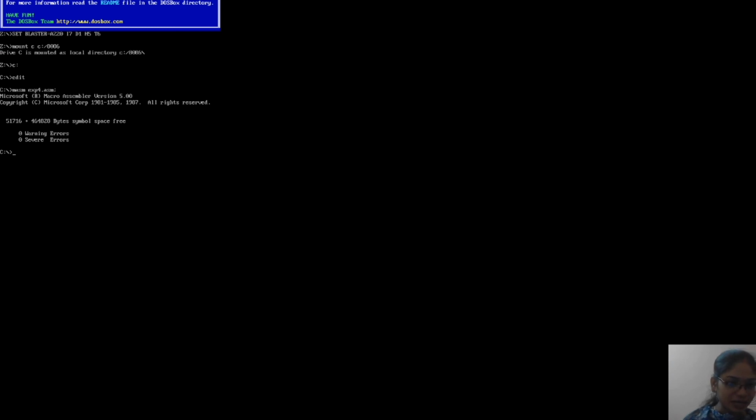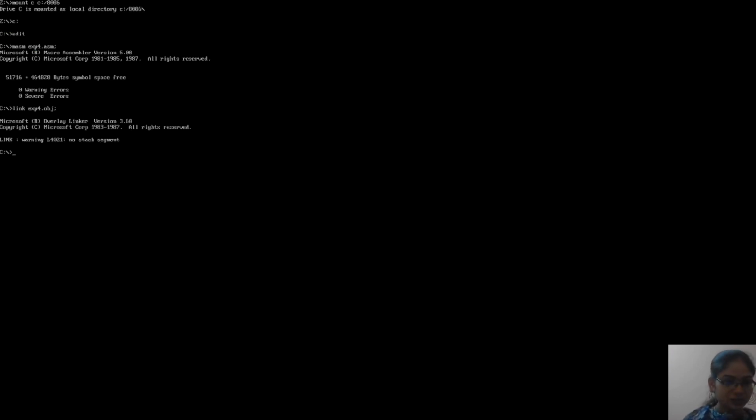Now I am typing link exp4.obj, comma. I am not using the stack segment, so I am getting a message that no stack segment is used. Now my program is ready to debug.